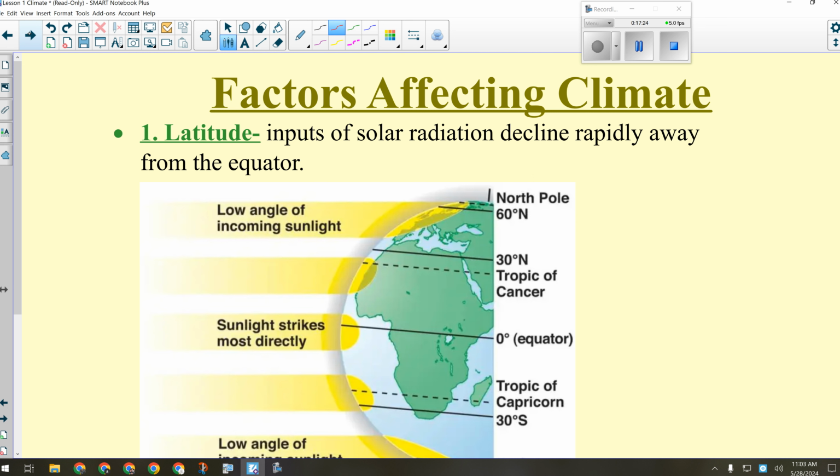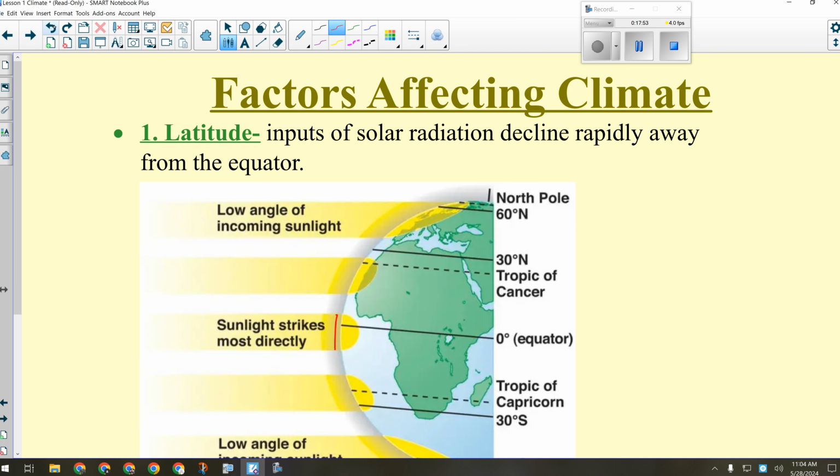Here's why. At the equator, the sun is directly overhead. So all of these lines here represent equal amounts of solar energy coming from the sun. At the equator, that amount of solar energy hits an area the length of that red line I just drew. Now, as you move away from the equator,